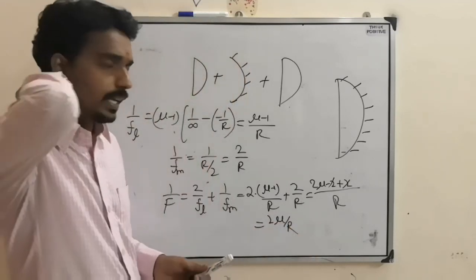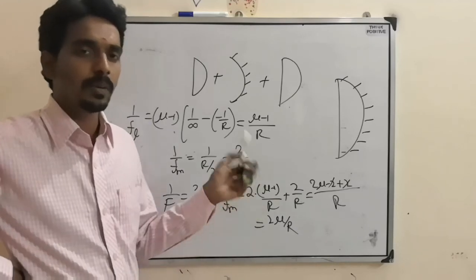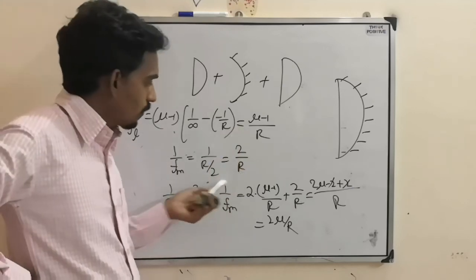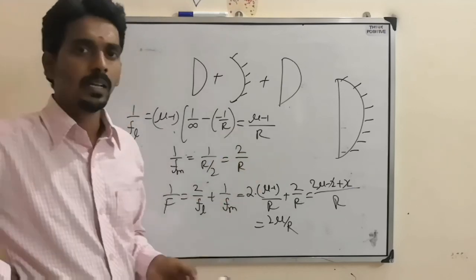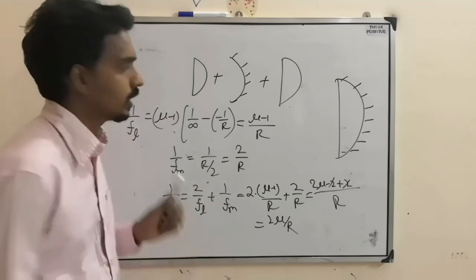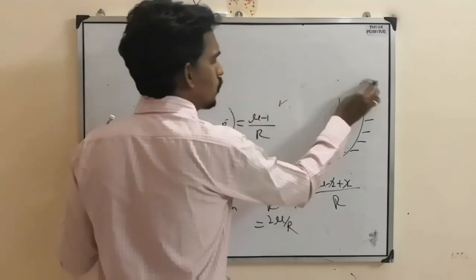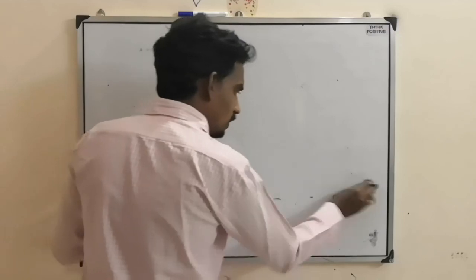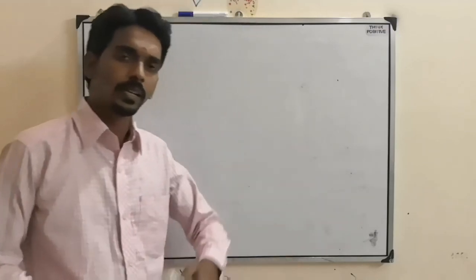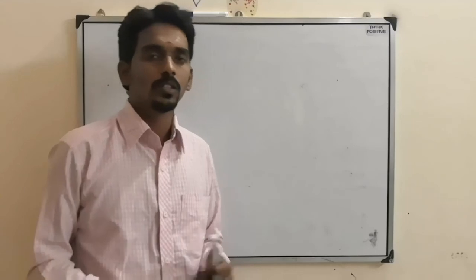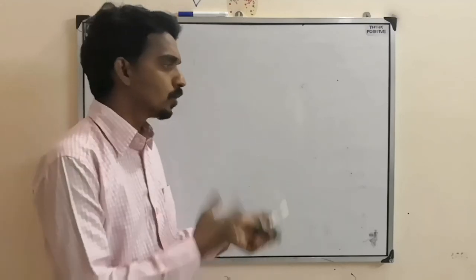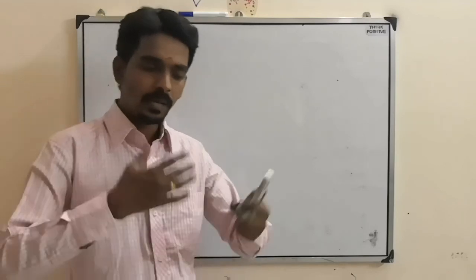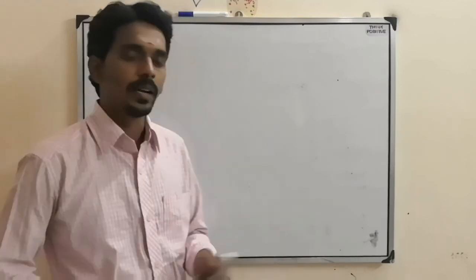So like that, you have to take the combination as lens plus mirror plus lens, find the focal length of the lens separately and the mirror separately, and apply this generalized formula. Then you can get the focal length of the silvered lens. Based on these things, questions can come. After completion of the theory, like last class, we will see a few questions based on this, how the questions will come and how to deal with them. I just gave the idea, and I also sent the formula list. So remember each and every formula and then try to understand.